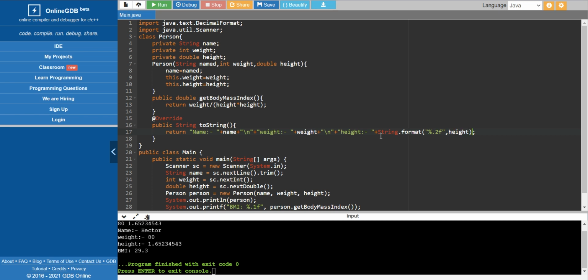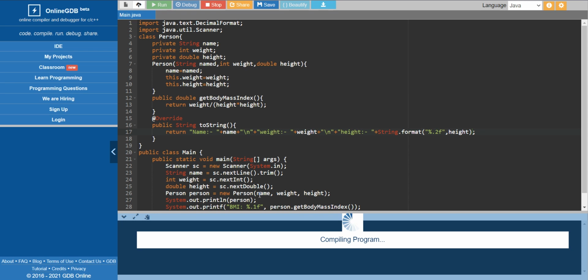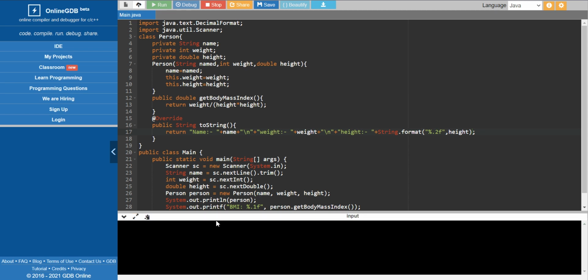So by this way we can get what we really need. See, for example, if I pass something with n decimal places, we will get only 2. Here we are getting the first 2, right? Because we have formatted this height value with 2 decimal places.